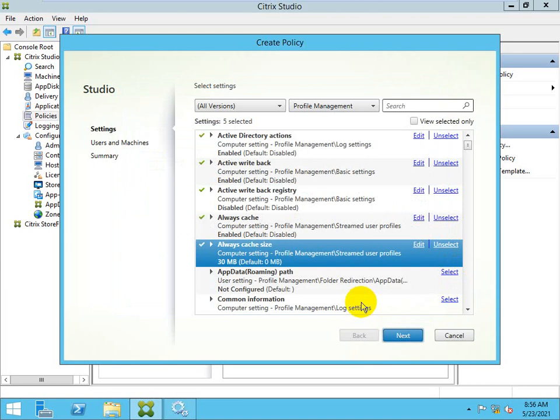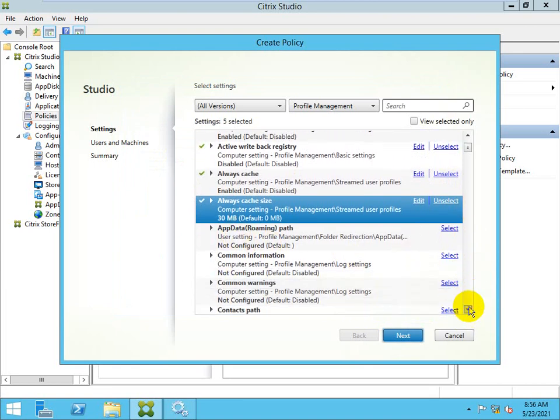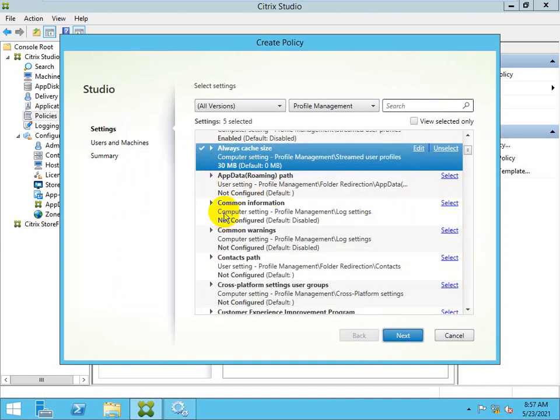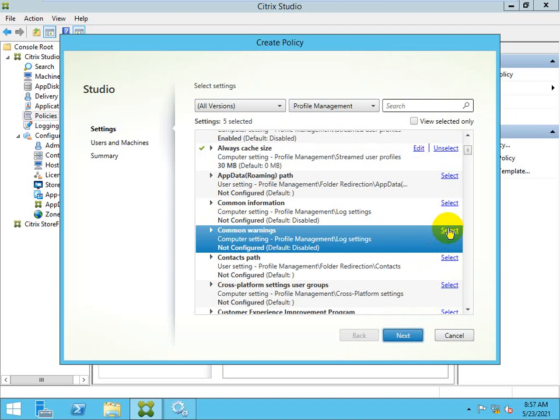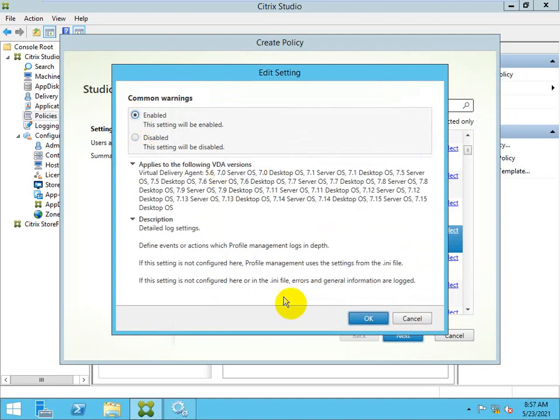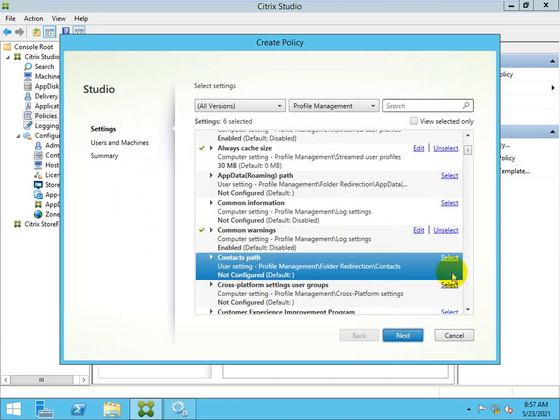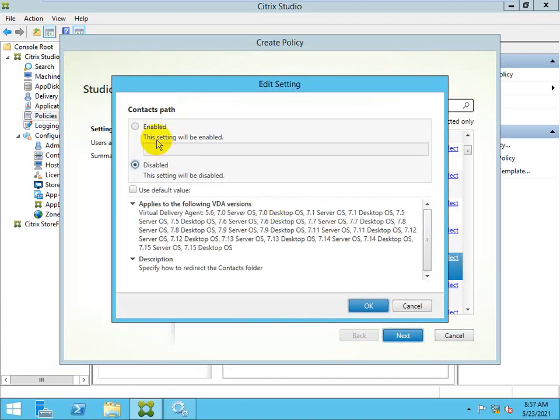I have mentioned this, and you can see how many policies there are related to profiles: app data, communication, common information, common warning, and I can enable anything related to profile, context path, profile folder redirection. Here I need to enable it and provide the path.